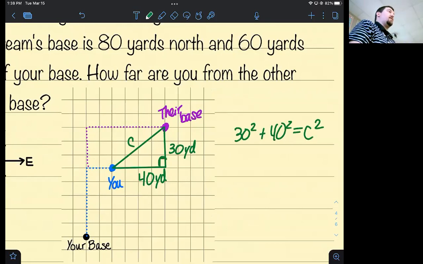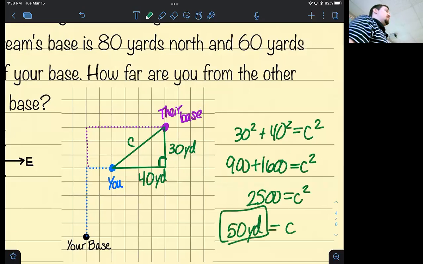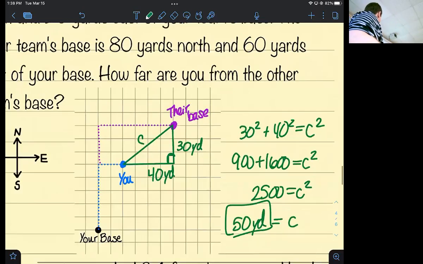On the coordinate plane, you have plenty of right angles. So 900 plus 1600 equals c squared. So 2500 equals c squared. Square root that, and you're going to get 50 yards. That's correct. We knew that because of the Pythagorean triple. And the last one,